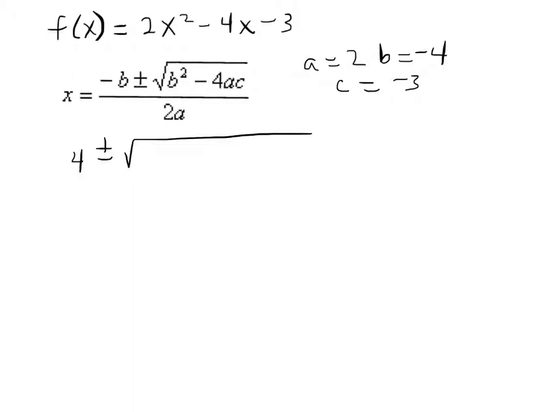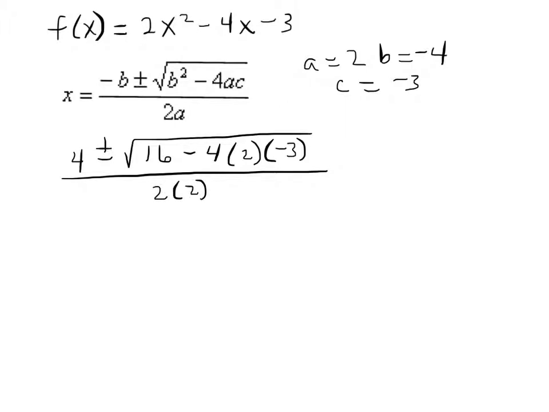I'm going to go ahead and square a negative 4, and be careful when you do this. When you square a negative 4, you should end up with a positive 16. So b squared here should always be a positive. Minus 4 times a is 2, times c is negative 3, and I'm going to divide that whole thing by 2 times 2. So again, following order of operations and solving underneath my radical, I have 4 plus or minus the square root of 16, and 4 times 2 here is 8, and 8 times 3 here is 24, and again I have a double negative, so this becomes plus